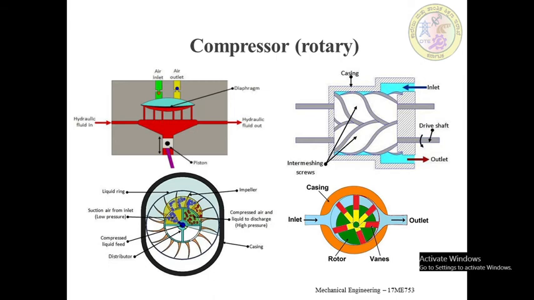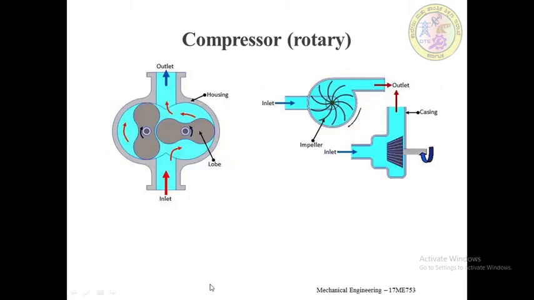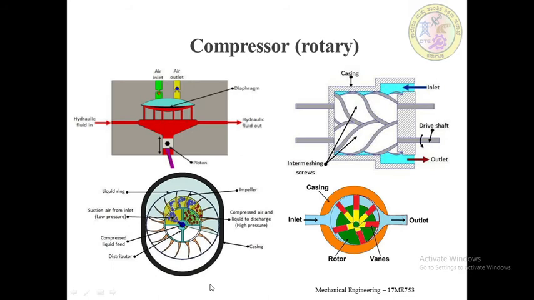And then we have another type of compressor, that is the liquid ring compressor. This image is known as the liquid ring compressor. A liquid ring vane compressor is a variation of the vane compressor, meaning this is a variant type. Previously we discussed only the rotary vane compressors. This is the liquid ring vane compressor.